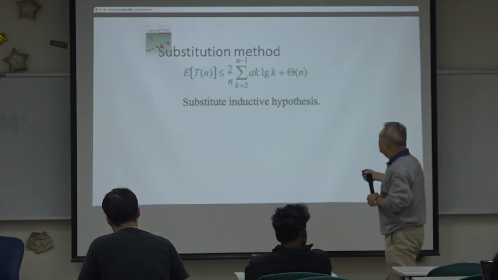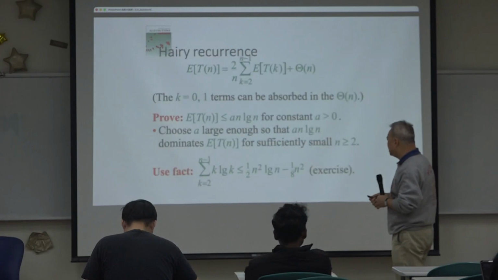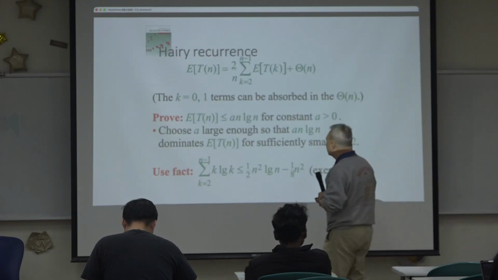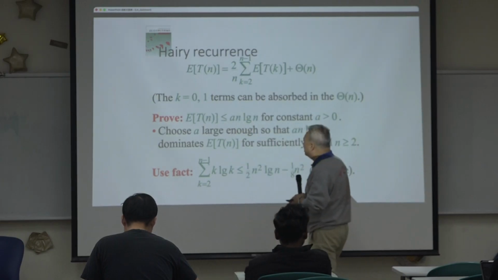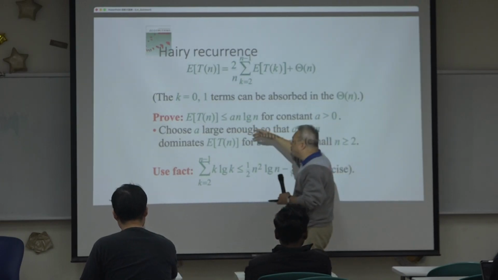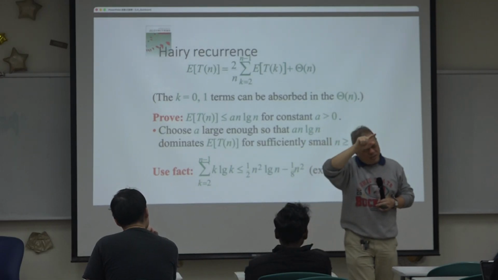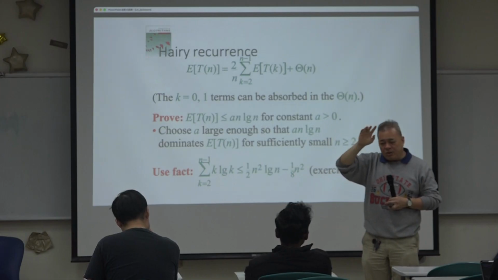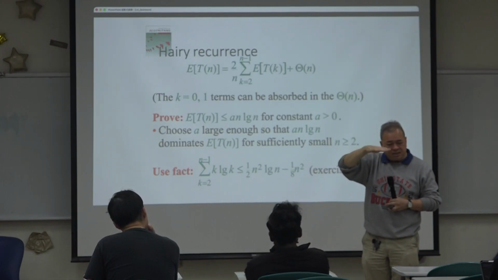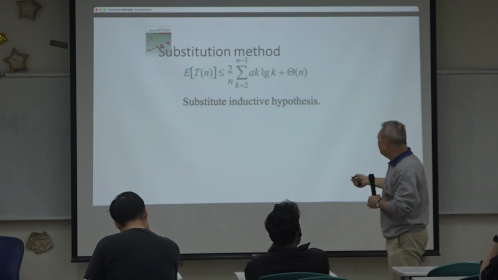We can do this because we assume this one when k is smaller than n, when this n value is a smaller value, this happens. So we can replace